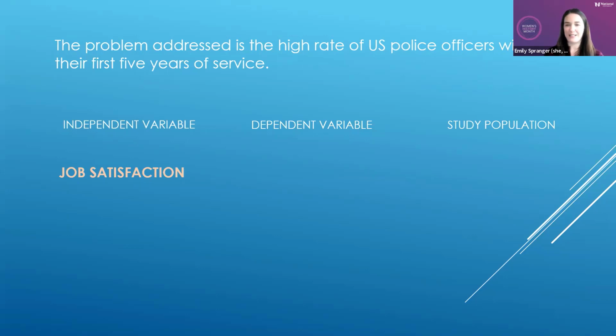What is the dependent variable? And just because I know the recording doesn't show this, but the poll says, what is the dependent variable? US police officers, relationship between police officer and job satisfaction. And then the last option is intent to quit. And I have about, like I said, about 60%. So in the interest of time, I'm going to end the poll